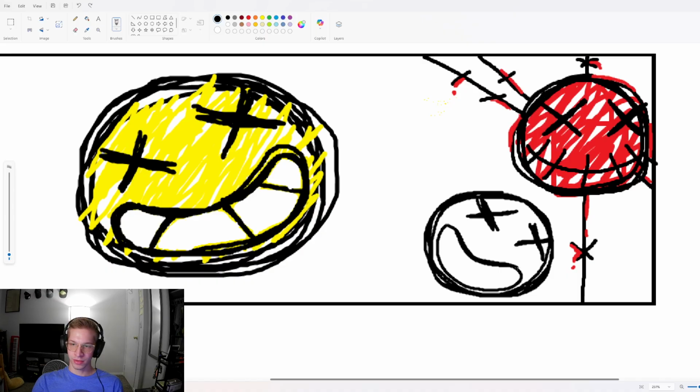Okay, I feel like I cooked with him though. Fang is actually one of the few that's just black and white. I try to give them all color. And then you give him two huge fangs, hence the name. And then I try to make them wide, but I don't know if that's going to quite work out. Do not make them crooked. I give him one of these, one of these. I make this stick out crazy like, just like that, because it looks like he's essentially biting through himself.